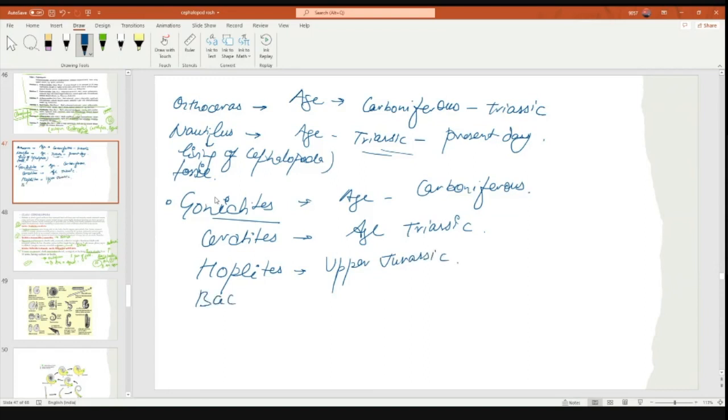Baculite, this one is very much important. Okay, Baculite. Baculite जनरली स्ट्रेट सेल, ये भी स्ट्रेट होता है, राइट? जैसे हमारा ऑर्थोसिरास था, this is also Baculite, these are the straight one. ये इनिशियल क्वाइल्ड होता है but later it will be straight. जैसा हमारा ल्यूटिलिटी था वैसे ही हमारा बैक्यूलाइट्स होता है. Exactly, initial is coiled one and later it will be straight. So this will be Baculites. Age is the Upper Cretaceous.